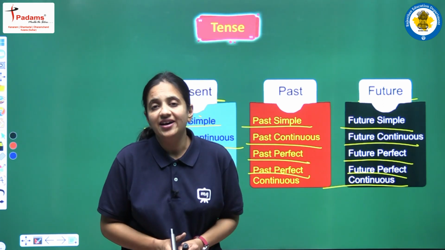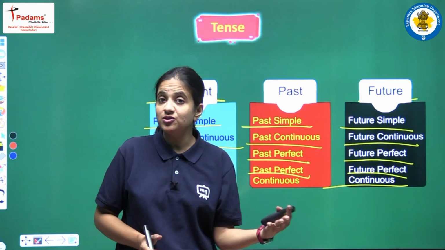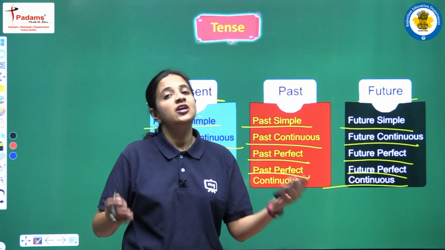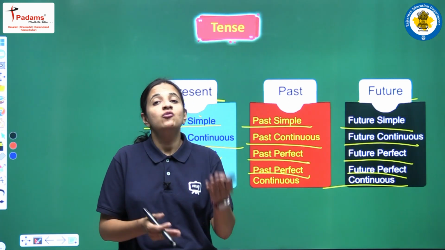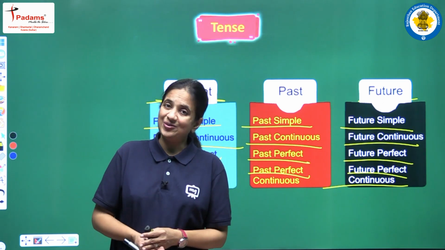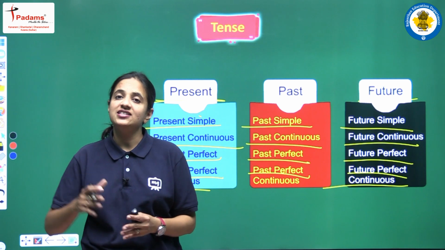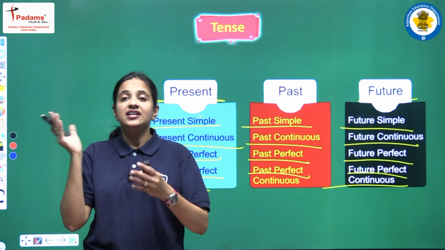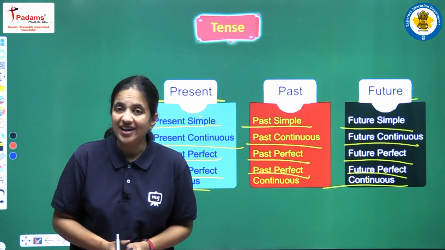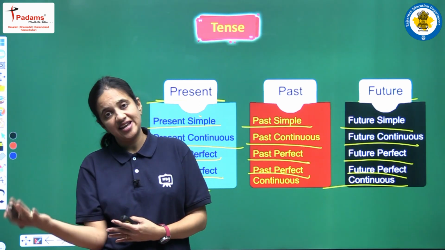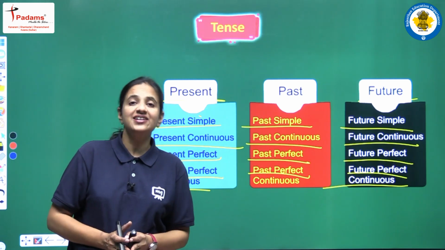So while we are reading the tenses, you have to be very careful regarding knowing the different verbs of the helping verb, because आपको helping verb की कौन कौन सी verbs होती हैं, कौन कौन सी forms होती हैं, वो आपको learn होनी चाहिए. Then only you will be able to write the correct answer. Because आपने ये तो learn कर लिया कि इस tense में हमें second form use करनी है, या suppose इस tense में हमें third form use करनी है. But if you are having no idea related with कि what is the second form, what is the third form, then how will you write the correct answer?